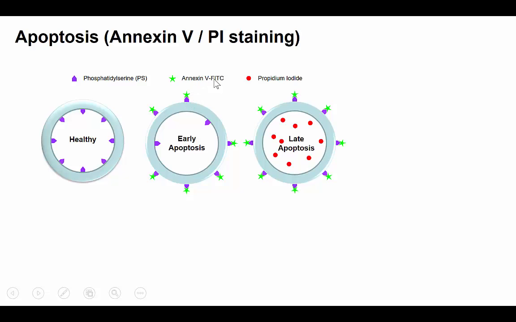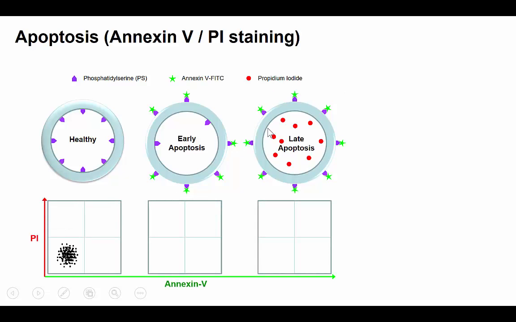It can be modified with FITC, a green fluorescent molecule, and then it can show green color outside of the cells. You can even add propidium iodide, which can enter the cell only when the membrane is broken. In the early stage of apoptosis, the membrane is okay, only phosphatidylserine is exposed to the outside. In the later stage, the membrane can be damaged and propidium iodide can enter. Then by analyzing these two colors, one green and one red,